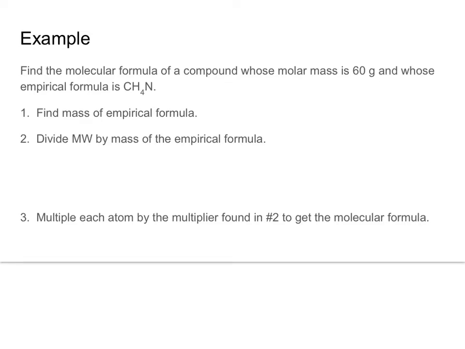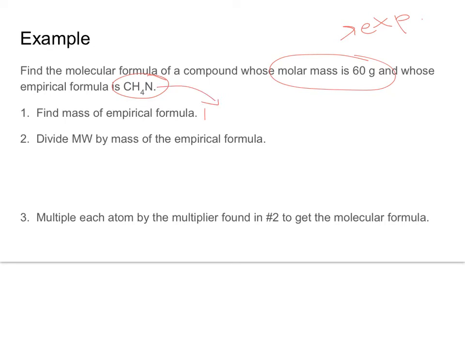Let's say we want to find the molecular formula of a compound where the molar mass of the compound is 60 grams and the empirical formula of the compound is CH4N. So this molar mass, where it's given to us, is an experimental value that's maybe determined in lab. And notice we're also given the empirical formula. So the first thing we have to do is find the molar mass of our empirical formula. And again, our empirical formula is here,